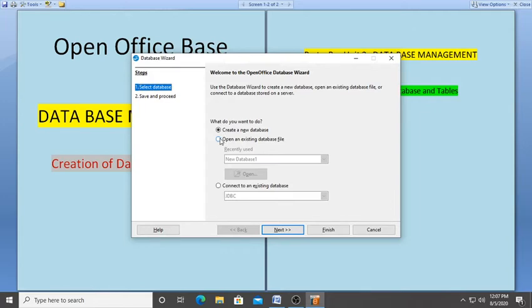First we will click on this, open an existing database, which means we want to work with the database which is already present there. Under recently used, I am opening one database which I have created earlier, suppose invoice. We want to use this database, so I will click on this. It will open this database from this particular path, as you can see. Then click on this open button. When you click on the open button, or you can click on finish, it will open that database.